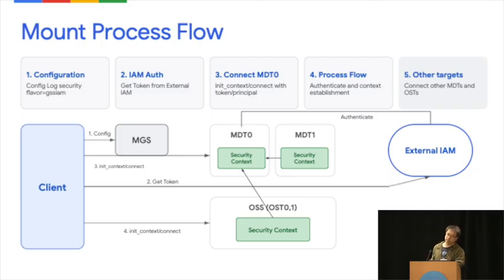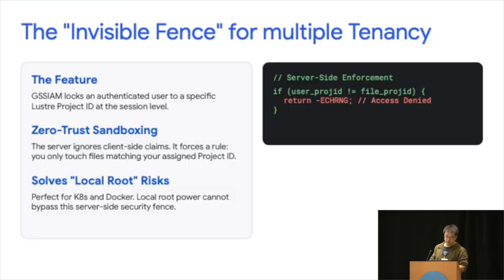And with this, one big purpose of this mount IAM, this GSS IAM, is trying to isolate the mount directory totally in this multi-tenancy environment. Since the node map already has the group IDs, the squash, all the features, we just reuse that. Basically, the group ID will naturally be inherited by all the subdirectories, files, and even the OST objects. So what we did is that during the mount process,